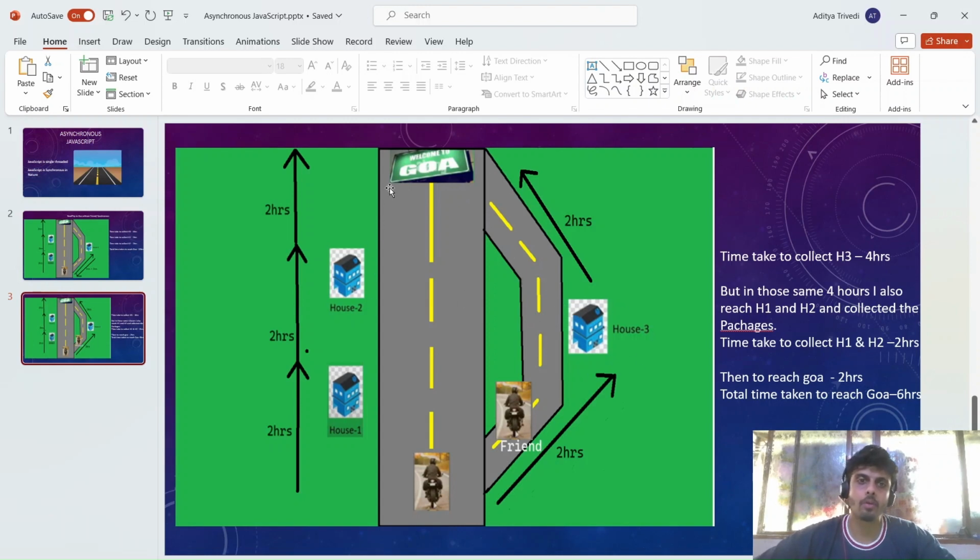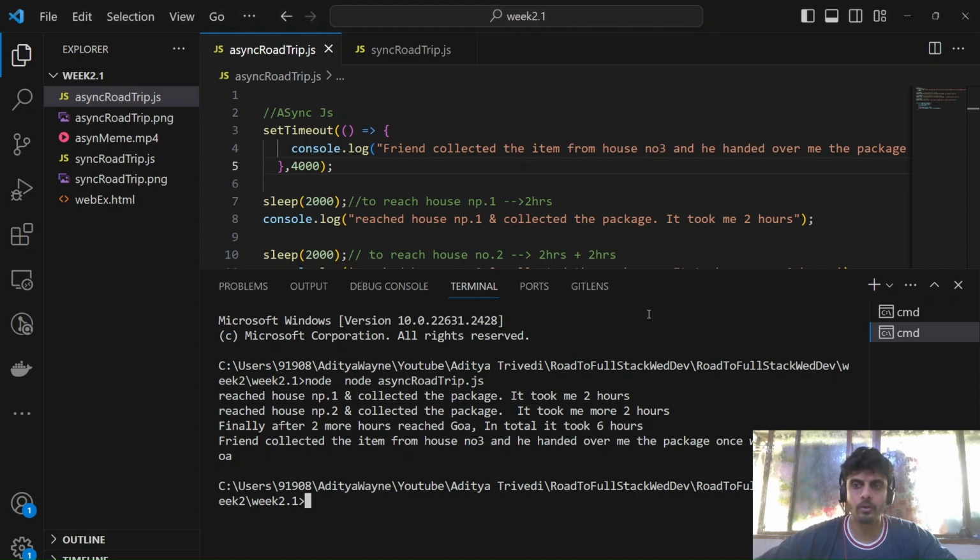Why? Because I am not there to collect it. Even though he reaches Goa prior to me, he cannot hand over the package to me because I am not there to collect it. Okay. So similarly, if I open the code over here,